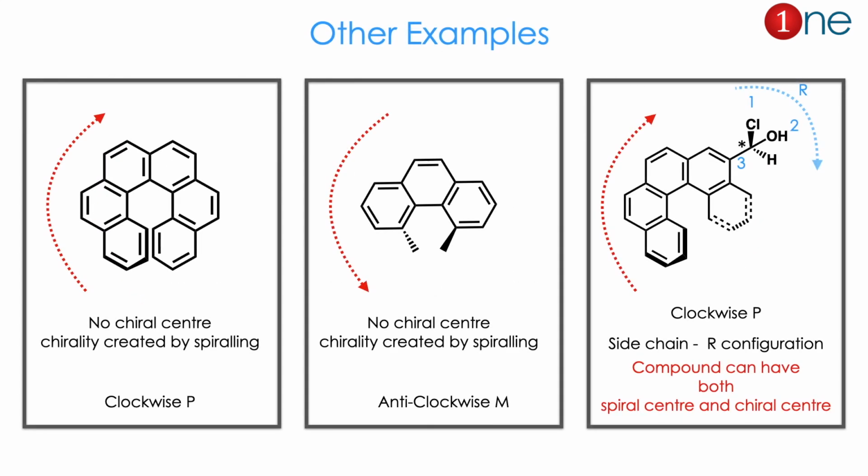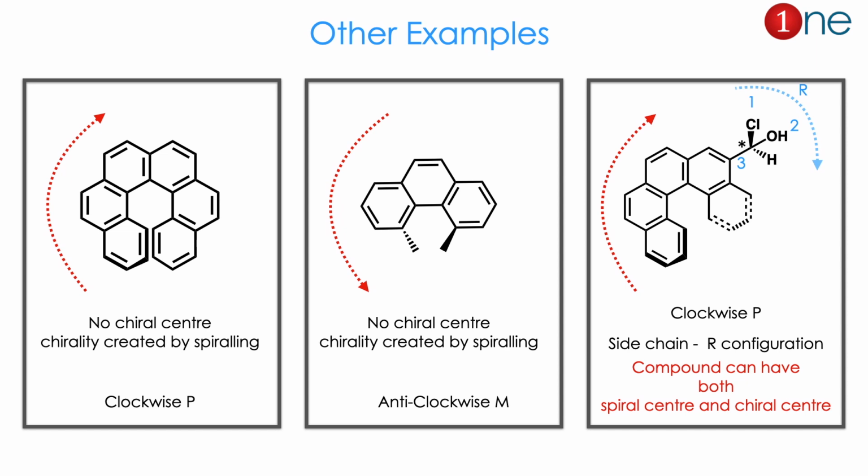This example was given so you know it is like any other chiral compound. Then we will see a few other examples. The chirality from 6 helicene is easy, clockwise, without a chiral center. So the chirality comes from the bigger benzene system. It also comes from the lower benzene system, which is 3 helicene. The 3-member system can also be chiral. Here you position from above the plane, below the plane. Here above the plane is methyl, below the plane is also methyl. If you go from that, it is anti-clockwise direction, so it is M.